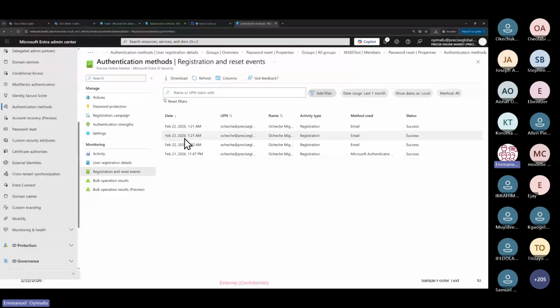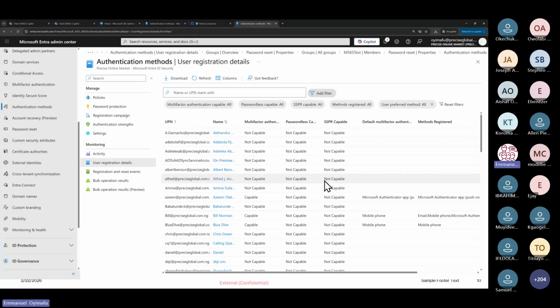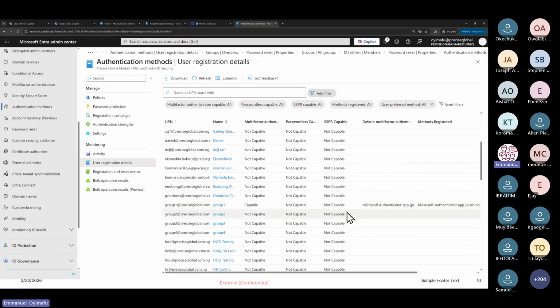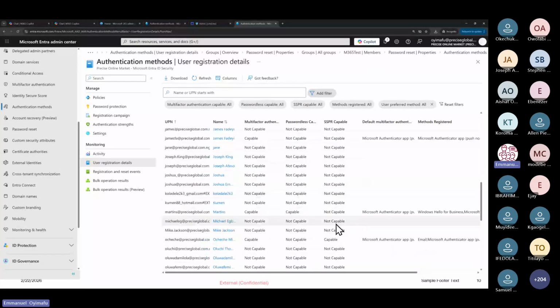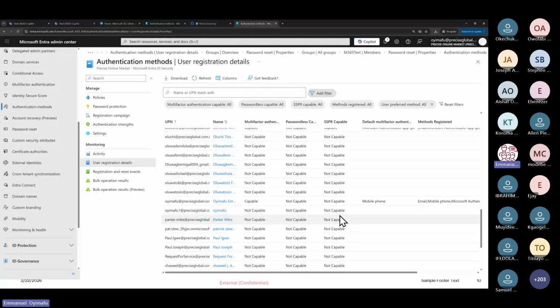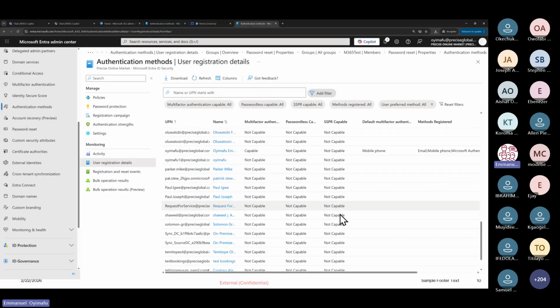And I can also share some credentials to some people so that it can be an interactive session, so that you can sign in, then register for SSPR. So let's do it. Let's test with Ochichi now, since Ochichi has been configured to use SSPR. But once you have configured it and you want to confirm, you can actually check from here to know the people that are actually capable to use the SSPR that you just added.